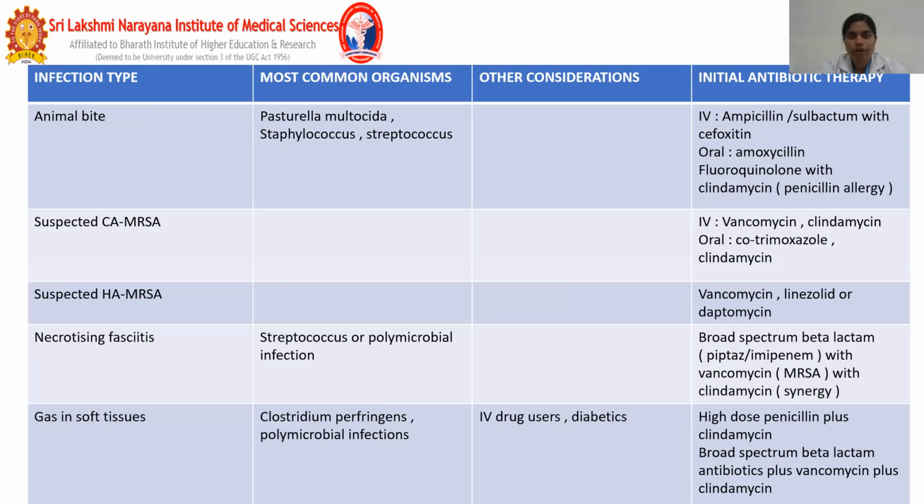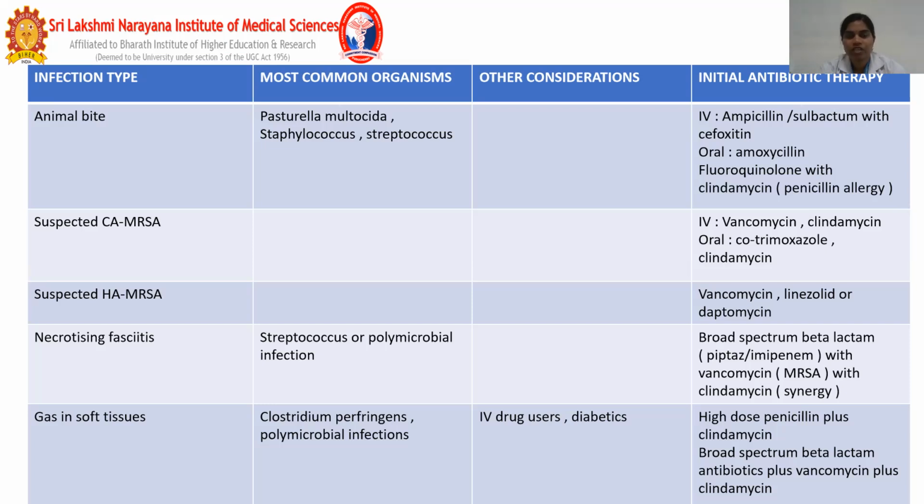And for animal bites, the most common organisms are Pasteurella multocida, Staphylococcus, and Streptococcus. For this also, ampicillin-sulbactam with cefoxitin, or oral amoxicillin with clindamycin, or for patients who have penicillin allergy, fluoroquinolones with clindamycin can be given. And for suspected community-acquired MRSA, IV vancomycin and clindamycin or oral cotrimoxazole and clindamycin, and for suspected hospital-acquired MRSA, vancomycin, linezolid, or daptomycin